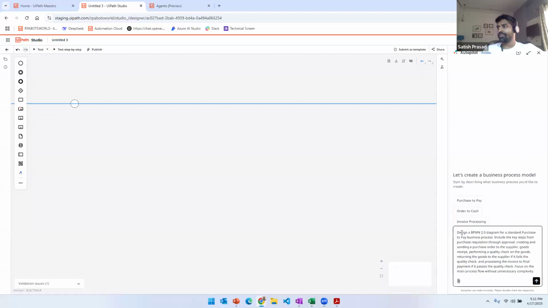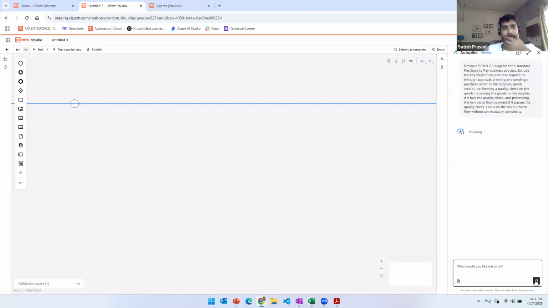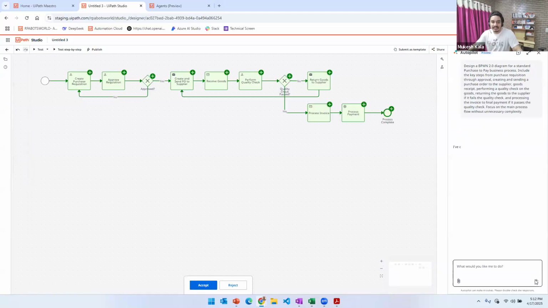This way you can type the prompt and click here. I hope my model is configured because I keep playing around with my instance, so I don't know which model is being used. But let's wait. Actually, in my Maestro, this option is not coming to use the Autopilot option. It is the latest release that happened two days back. It's thinking a little more. But I think you got the idea, Abhijit, right?